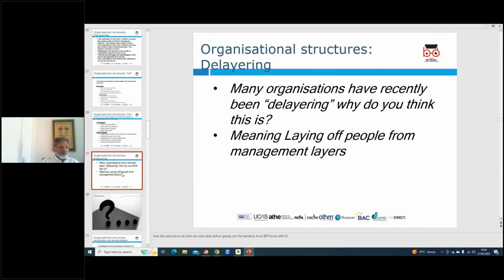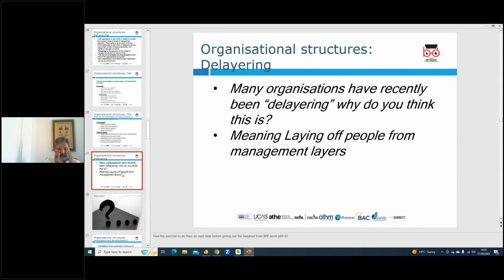Okay, so you reduce your layers of management because the system is cumbersome, because the communication takes a long time to make decisions. So people get fed up going through the hoops of long management layers. Organizations want to make sure that they make quick decisions. So we have an example of Marks and Spencer delayering, for example, recent or